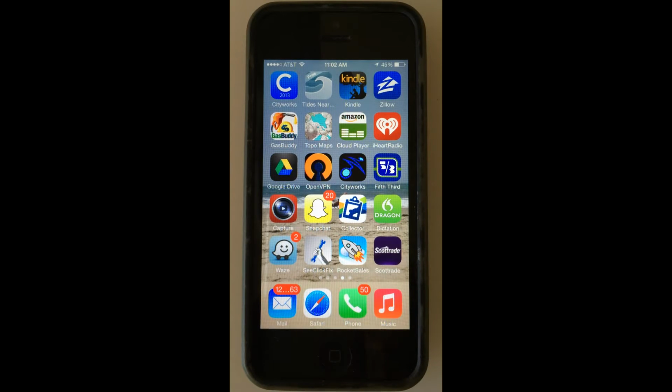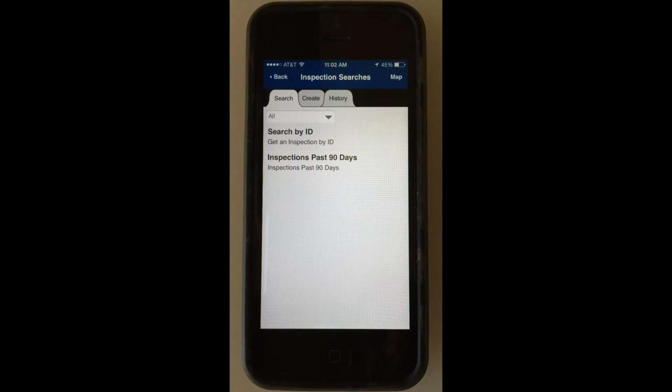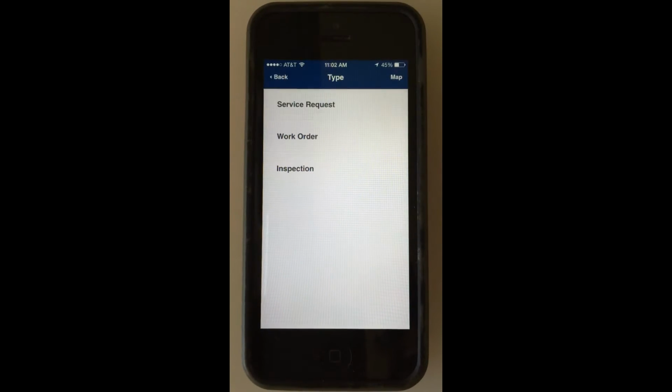A brief demonstration of the Freeance mobile for Cityworks release 5.23. This is a new release, second week of September 2014, and we're going to go into it here. To get this application, you'd have to go to the App Store and either download it or upgrade, but this is going to be Freeance mobile for Cityworks